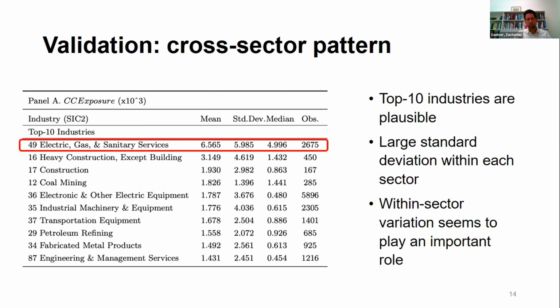Construction is also not really surprising. I just recently learned that in the construction of cement worldwide, there is 4 times as much CO2 emitted than by all airplanes that are flying around the world together. Now, what I want to point out here is that there is a huge standard deviation within each of the sectors, which is exactly the point we want to make, namely that it's important to look within industry at the firm level in order to properly quantify climate change exposure.